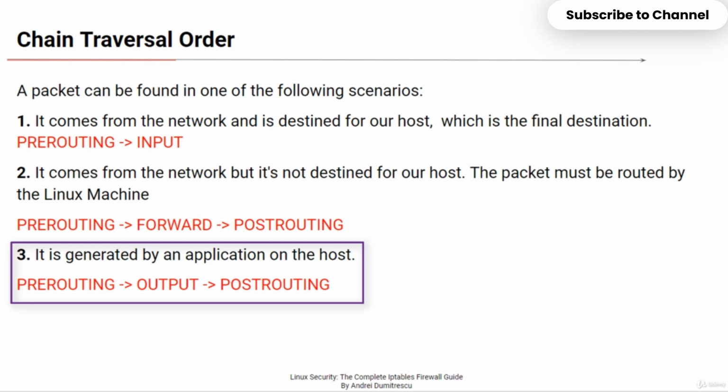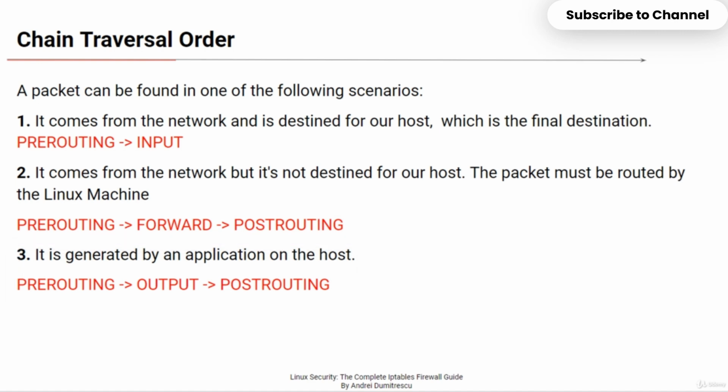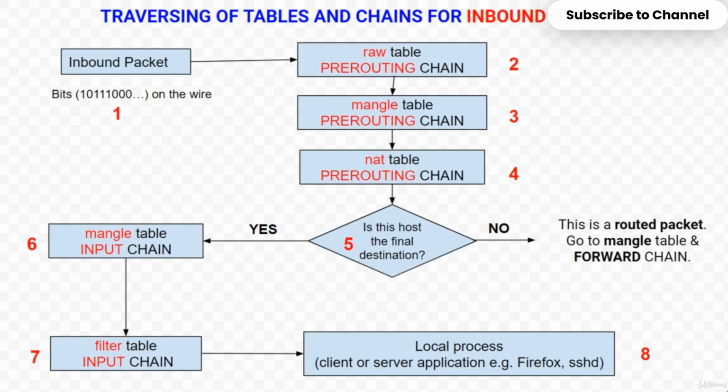The local Linux machine is generating the packet. In this case, the packet traverses the output and the post-routing chains. Let's move on and have a closer look at a packet that is destined for our own local Linux machine. It would pass orderly through the following steps before actually being delivered to the application, client or server, that should